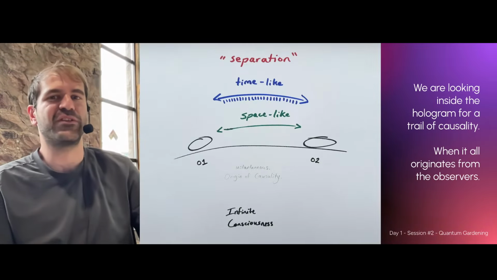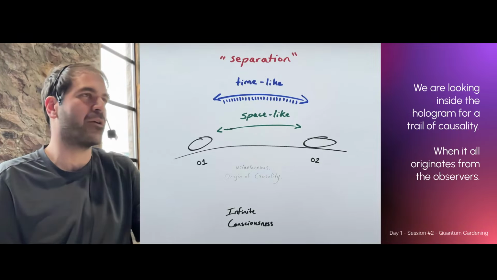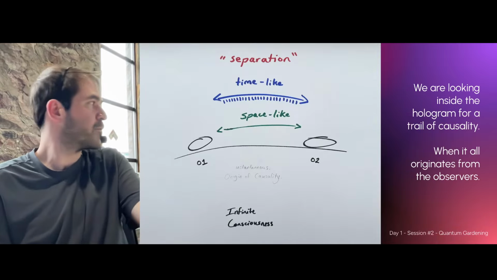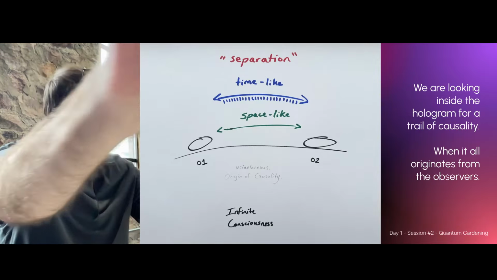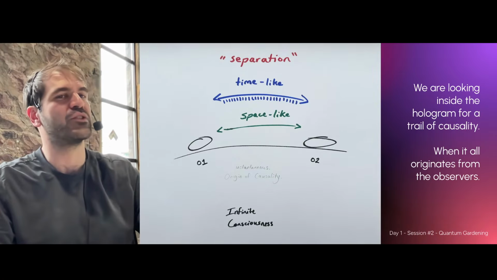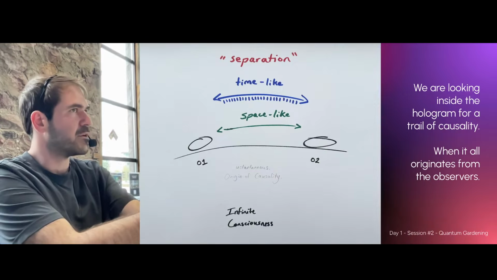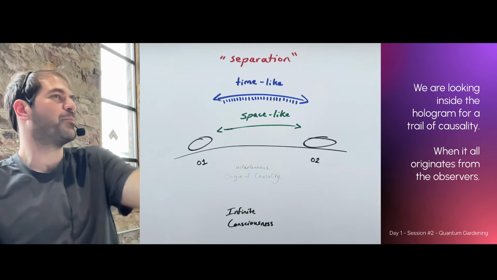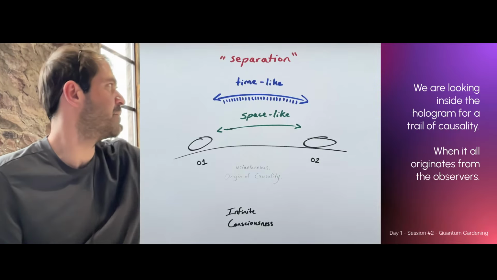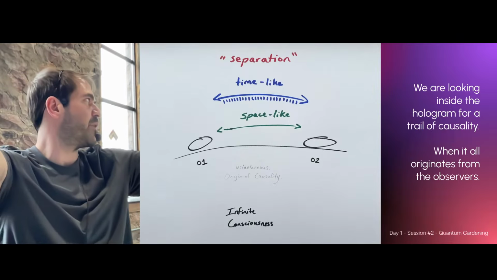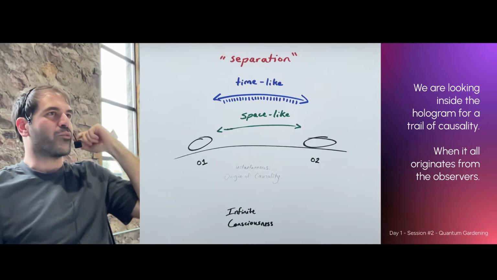So this is kind of what that looks like. Also, what we just talked about. We are looking inside the hologram for a trail of causality. That's basically what it is. So when it all originates from the observers, it appears like time, or it appears like space and distance. So it appears like that, right? That separation out there, right? But really, that's why